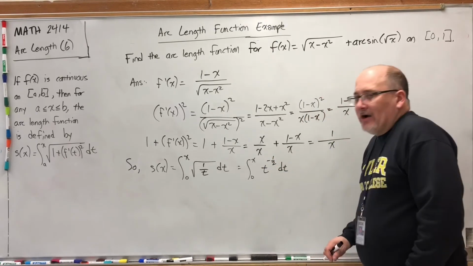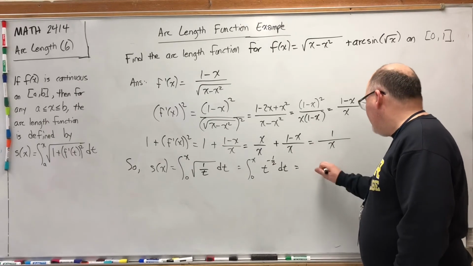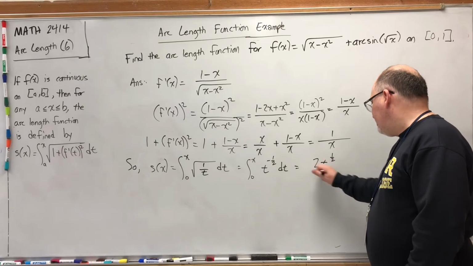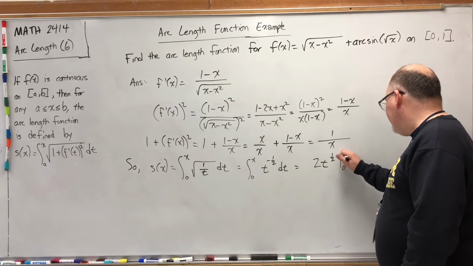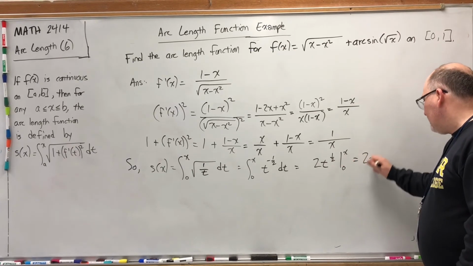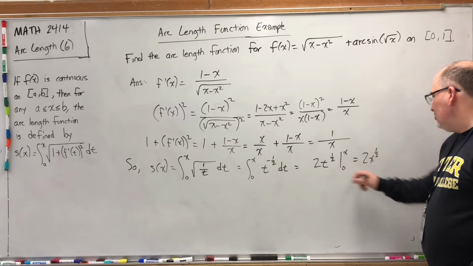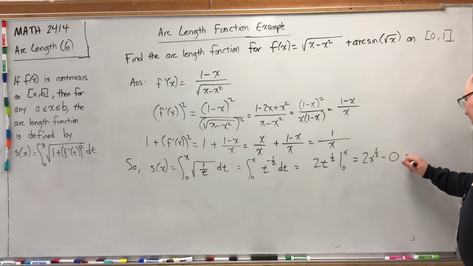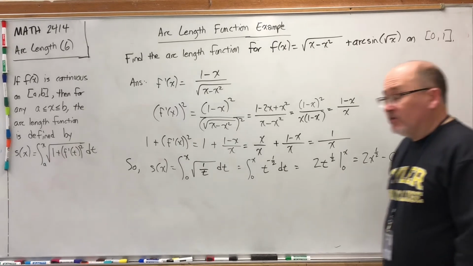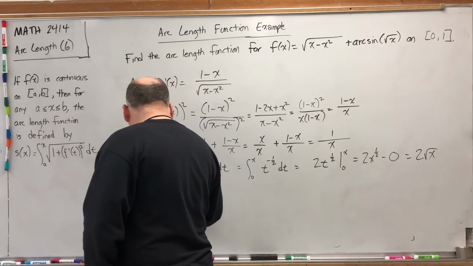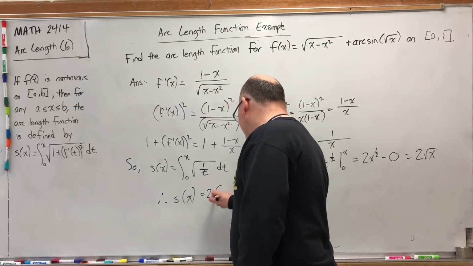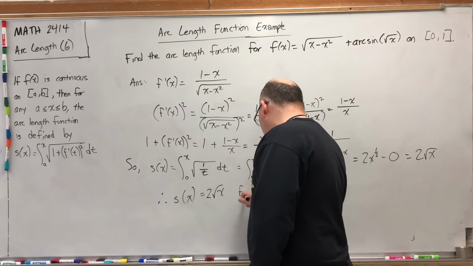This is an easy calculus 1 integral. Add 1 to the power to get t to the 1/2. Multiply by the reciprocal to get 2. This is being evaluated from 0 to x. If we substitute x, we get 2x to the 1/2. We substitute 0, we get 0, so we could have ignored that. And if we change the x to the 1/2 back to a square root, we've got our arc length function. Therefore, our arc length function, s of x, is equal to 2 times the square root of x